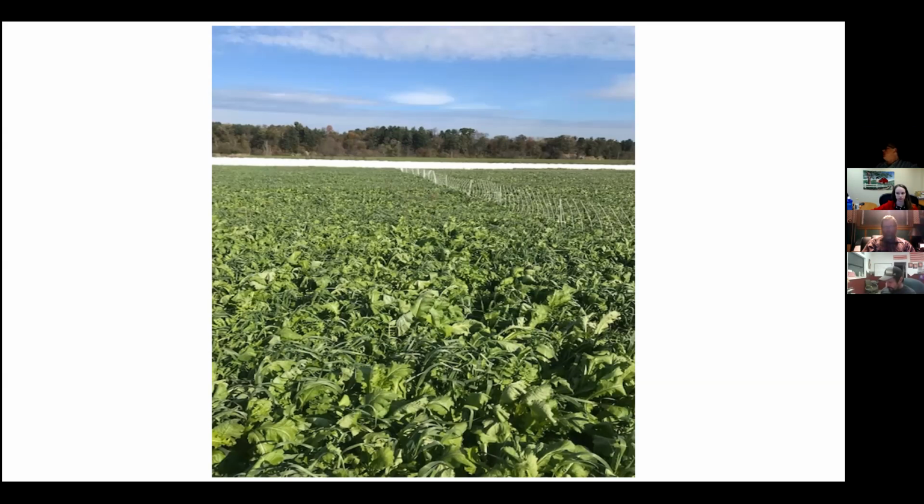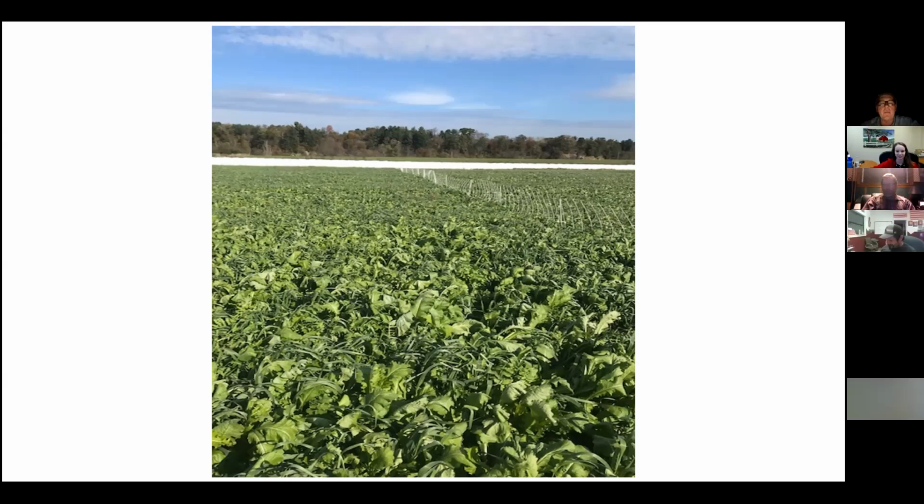Oops. The light went off. I feel like I'm playing a haunted house here, but okay. Anyway,